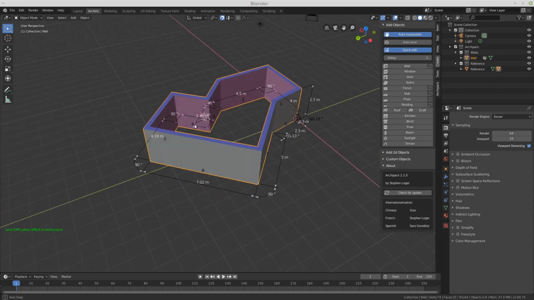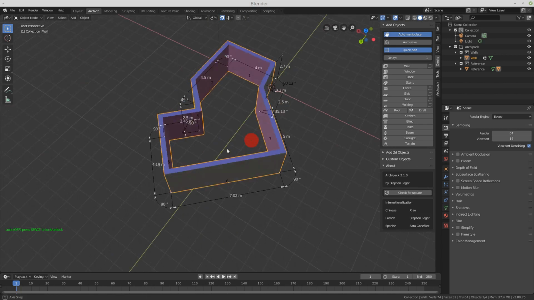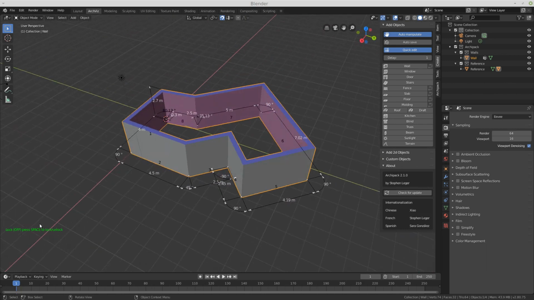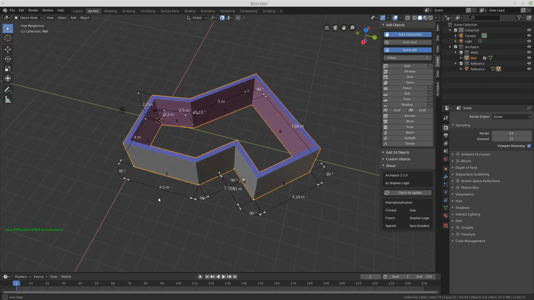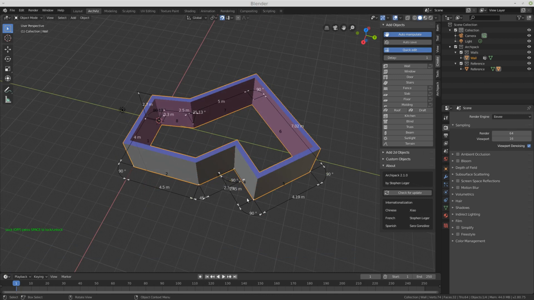I'm selecting it, so I'm able to manipulate it. You can see here the lock on/off. Basically, when you move a part, you don't want the following part to move.